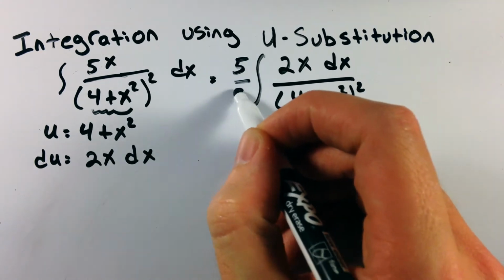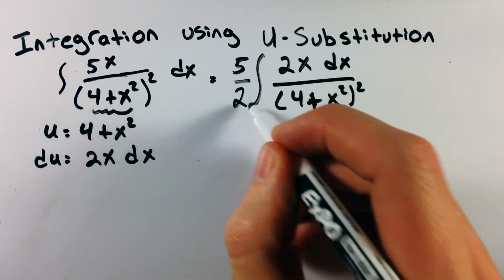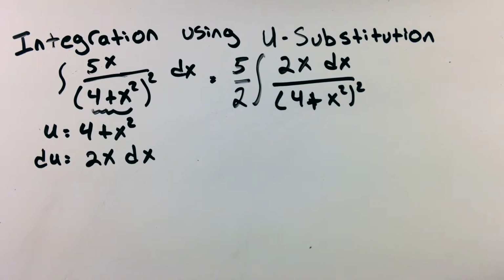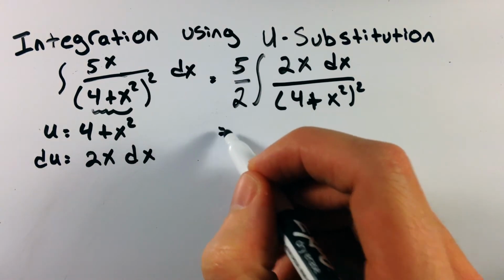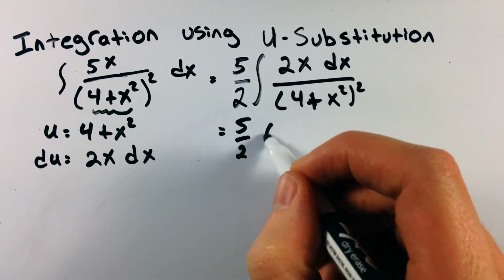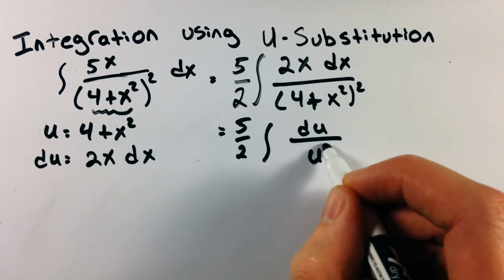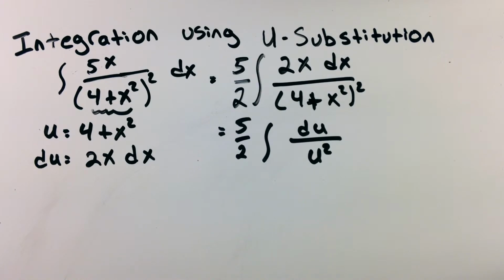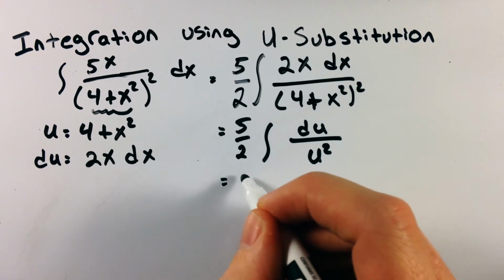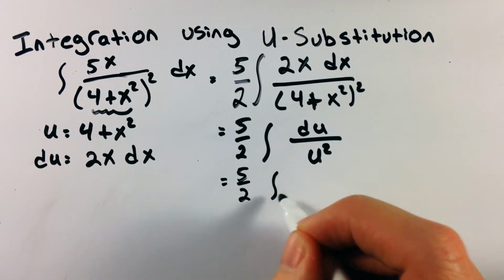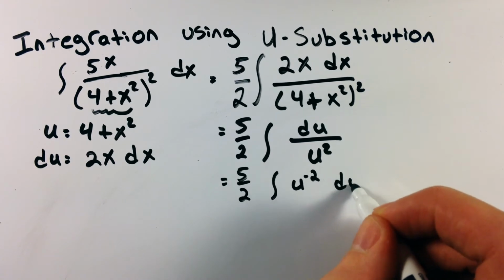And I can do so by putting it in the denominator. And now we have 5/2 times the integral of 2x dx over 4 plus x squared, all squared. So now I have it in terms of u and du, and this becomes an integral that's much simpler to solve, which is just du now on the numerator, and then u squared in the denominator. Now I don't like dealing with u squared in the denominator, and I like to turn it into a negative exponent. And so if we have 5/2 here, the integral of u to the negative 2 du,